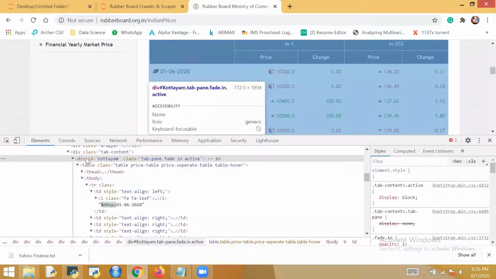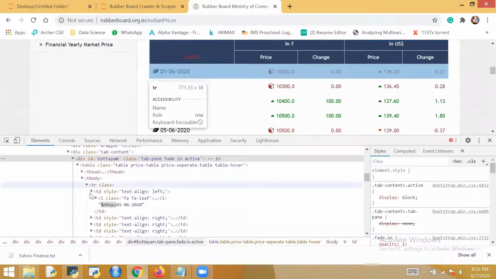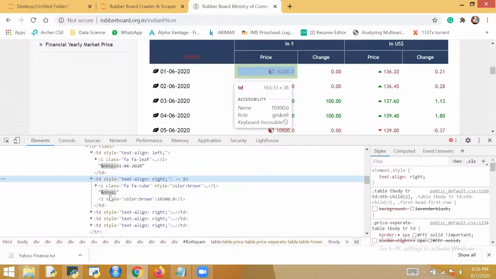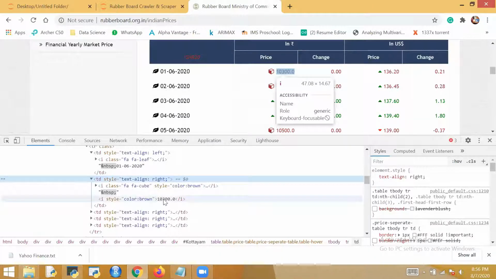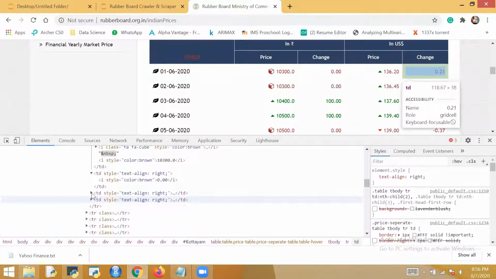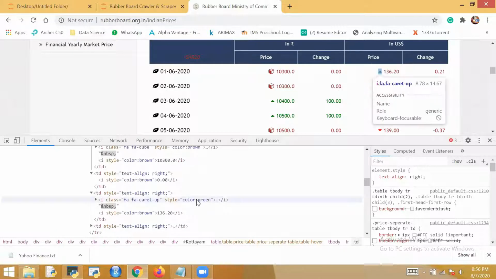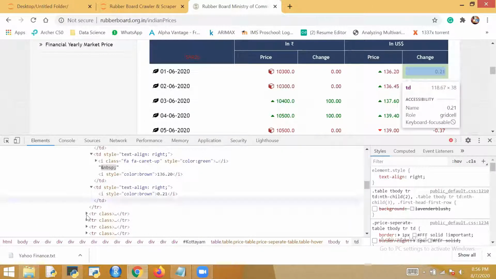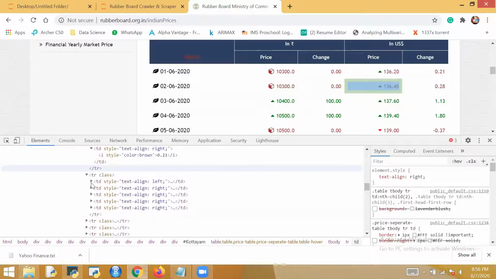So how is the structure? If I find this div Kottayam, and if I'm finding this table data in TD, my data is stored. See, this is the data under TD. Under one table row, many TDs are there, table data, which I'm interested in extracting. Again, next table row. In one table row, these many data entries are there. See.